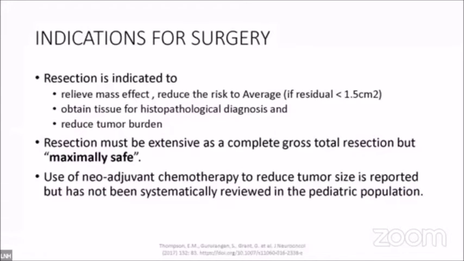But you should not be causing any new onset neurological deficit, because this is a patient who has a good lifespan, and if you cause a neurological deficit, like paraplegia, hemiplegia, or dysmetria, that would cause more problems than what the tumor was doing by itself. So maximal safe resection without causing any damage to the patient should be our goal. Near total resection is not our goal.